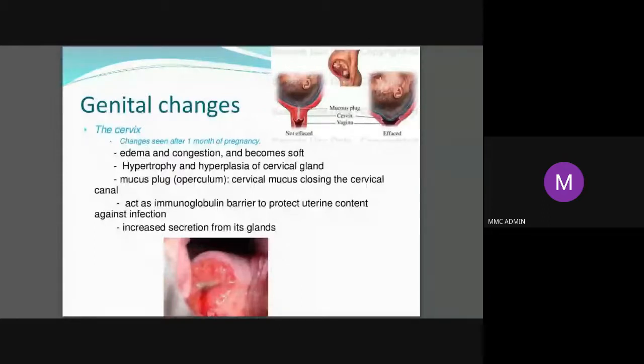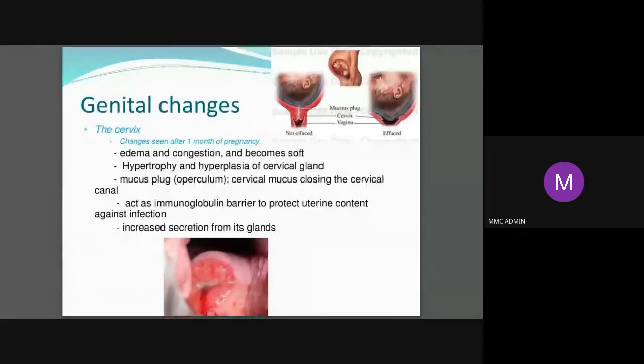Okay. But during pregnancy, what happens? The same patient, suppose you see her when she becomes pregnant, you will find that the cervix is very soft in consistency. And as the pregnancy advances, the length of the cervix becomes shorter. And one more thing is, the patient may complain to you. She may say, Doctor, I'm having a lot of discharge per vaginum during pregnancy. She may even say that something watery is going on. So you don't know whether she is leaking amniotic fluid or something else. But how do you differentiate?